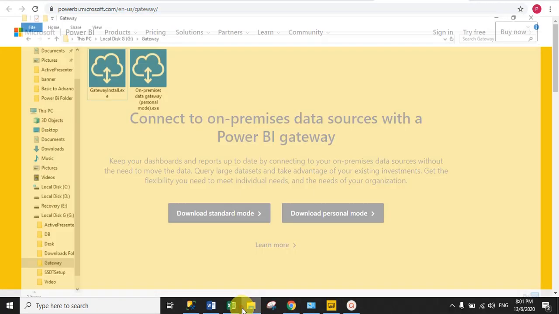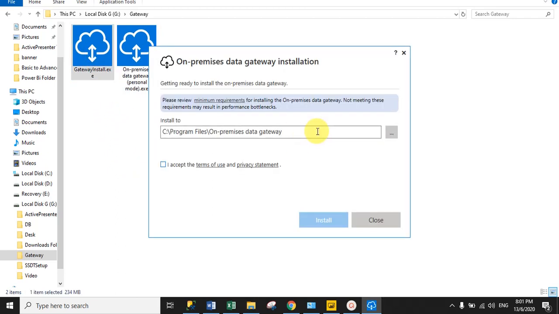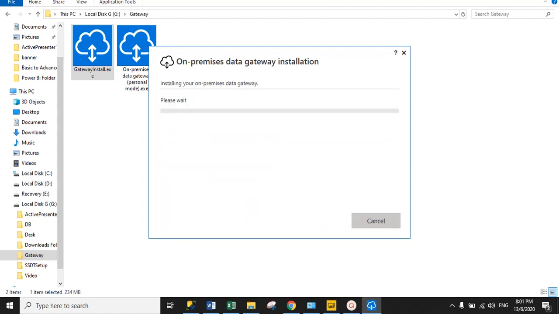So you can see here this is standard mode gateway and this one is personal mode gateway. Now we will install standard mode gateway. So double click on standard mode gateway. Now give the path where you want to install it, then check the terms and conditions and click install, and then click yes. After that again click yes,